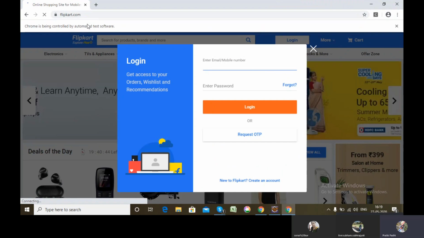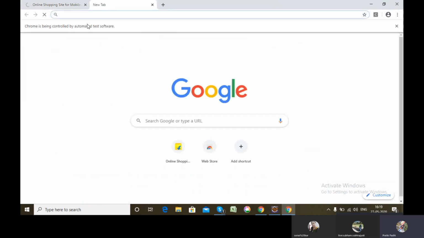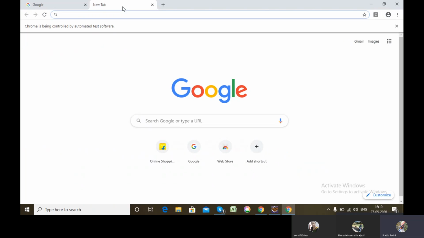Then after that a new tab will get opened, and we have again sent the command to open google.com, but that google.com doesn't get opened here, rather it gets opened in the previous tab where Flipkart was open, but I expected it to get opened here.